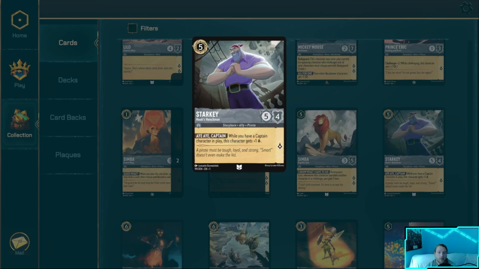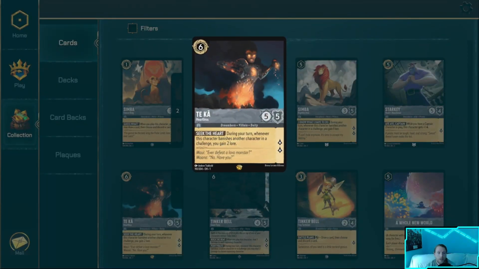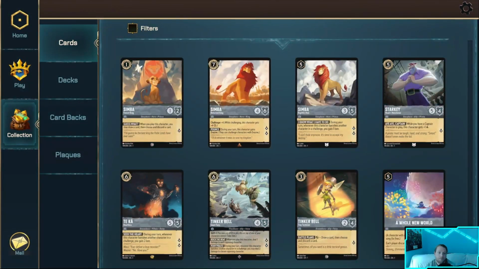Starkey, 5-drop 5/4. Gets another lore if you happen to have a captain. That's total garbage. Tekka, during your turn, whenever this character banishes another character in your challenge, you gain 2 lore. I can see that being good, especially with Pocket Watch eventually, but, you know, it's not like a fringe pick,